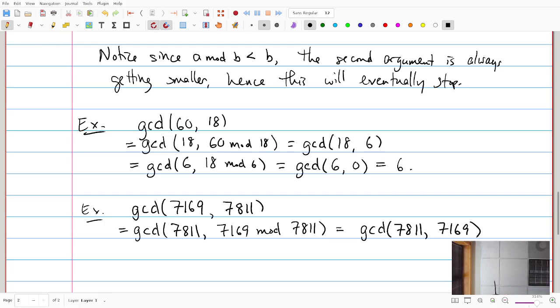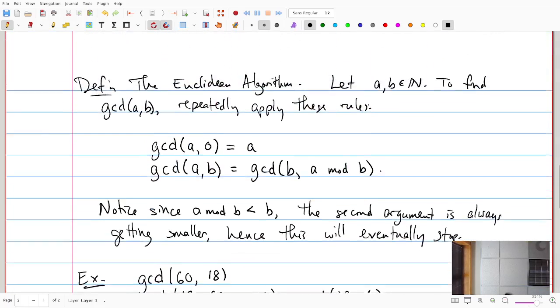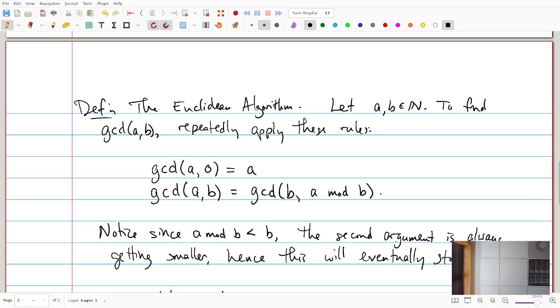Notice they actually kind of switched places. But they're not going to switch places back, because now we're going to do 7811 mod 7169. We're going to get something small. So sometimes when people write down a definition of how to do the Euclidean algorithm, define the GCD, they'll first say, okay, if A is less than B, then switch them, and then go on. You don't actually need to say that, because this rule automatically switches them. If you start out with A being less than B, you'll just get B here, and then A mod B will be